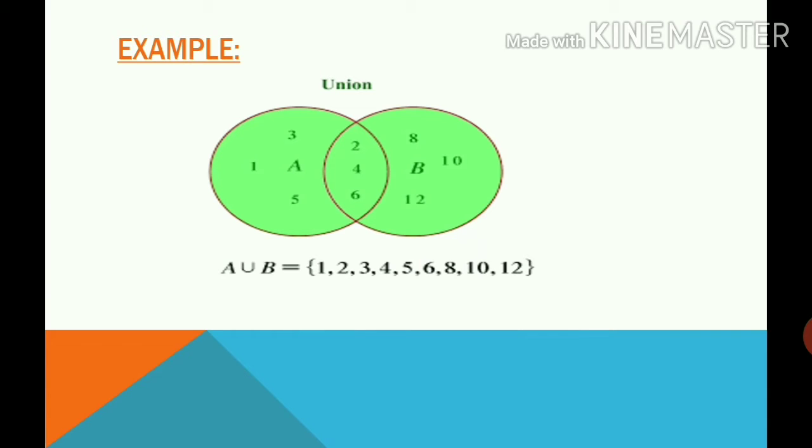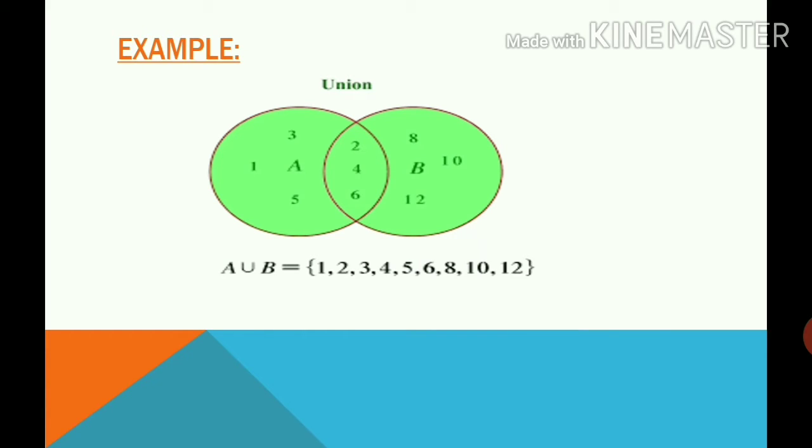So when you show it through the Venn diagram, you will shade all the areas because in A union B you write down all the elements. A union B means all the elements together. It means that all the elements of set A and B are included. So you will shade all the areas of set A and B. You will shade both circles of set A and B. And when you write in set notation, you write down all the elements together of set A and of set B. But remember that you will not repeat any element.